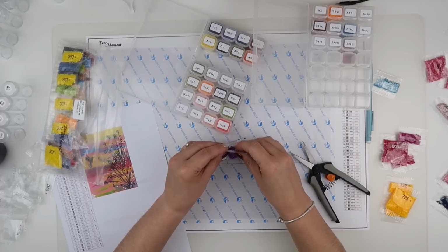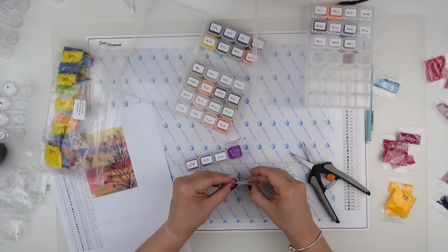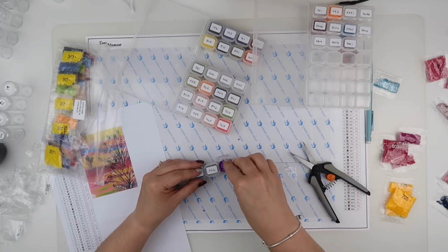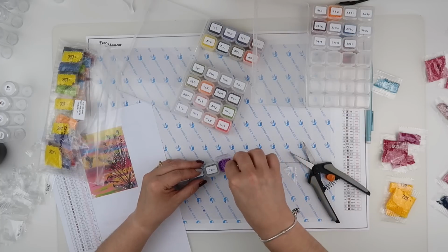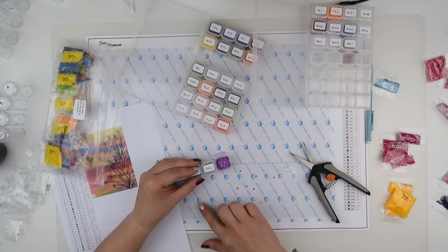A little bit of static going on, so I'm just going to tap them out of the bag and then pick them up, but not too much. It is very muggy here today as well. It's been raining, but it's warm, so